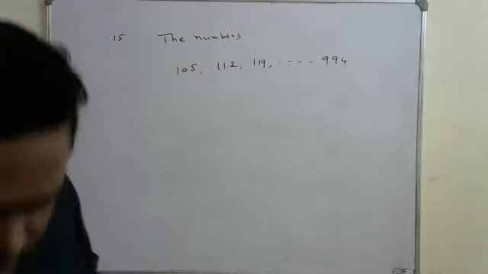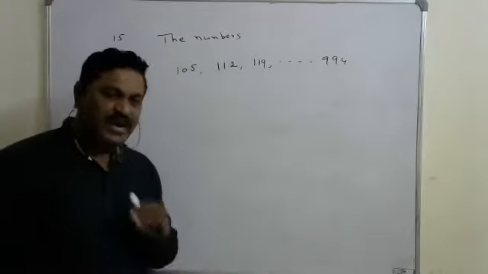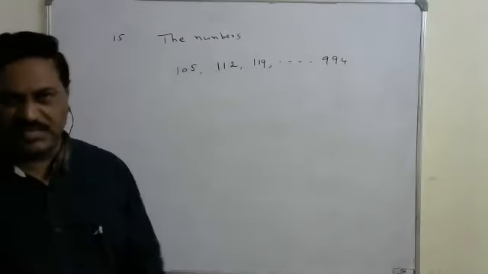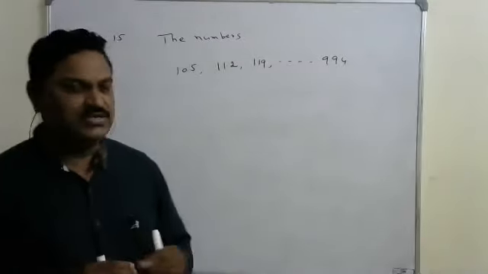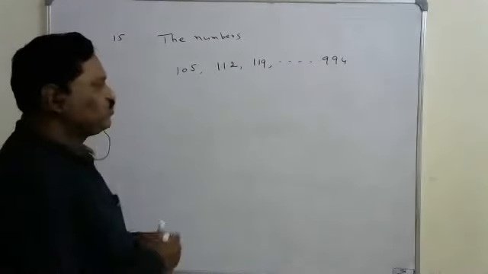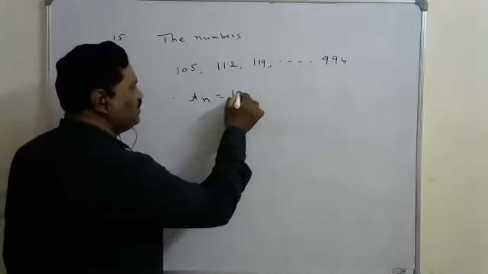Here we have to find the number of numbers, right? Here also you have to find the sum only. If you want to find the sum, first I don't know how many numbers are there in the sequence. First of all, we have to find the number of numbers. For that we know the last number. So since we know the Tn, which is a plus, a means 105,